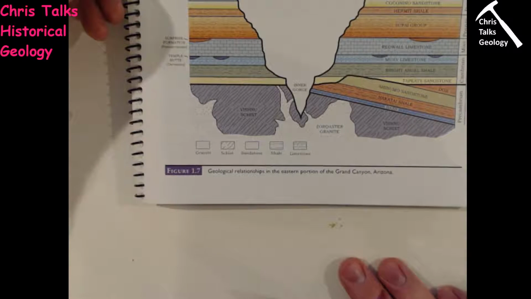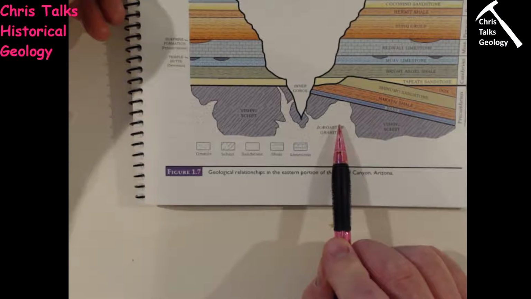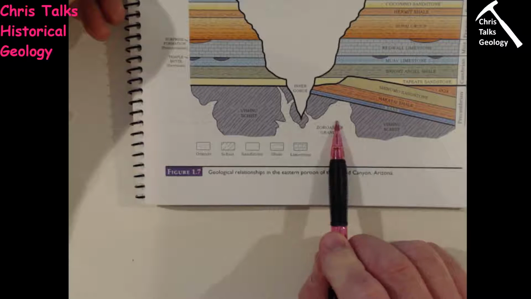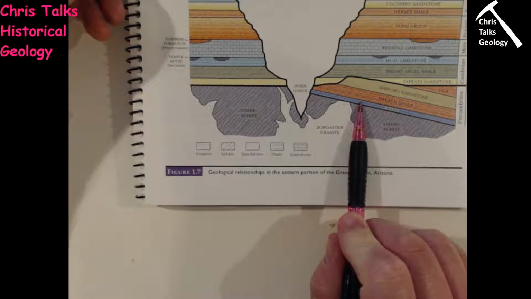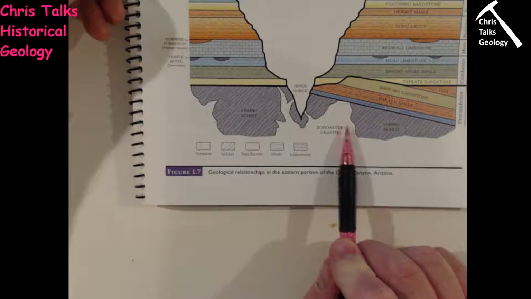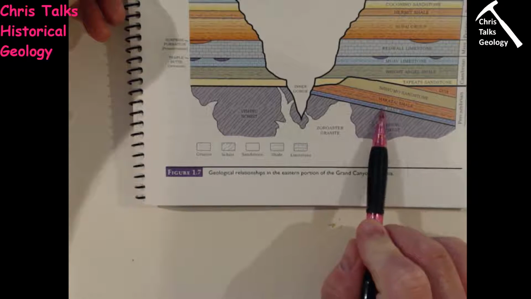So the principle of superposition says it's the oldest. Number 2, we can see that the Vishnu schist is cut by the Zoroaster granite, and the Zoroaster granite is then cut by the rocks of the Precambrian here. So that would suggest that the Vishnu schist must therefore be older than both the Zoroaster granite and the rocks of the